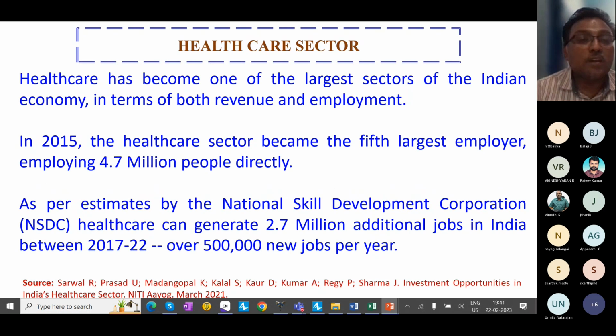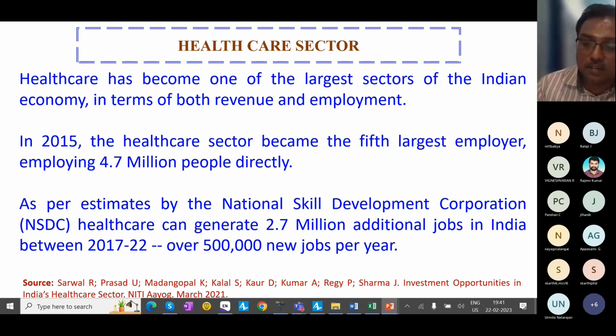The question comes, why is healthcare identified as a thrust area under PM Gati Shakti or ATAL codes. You can refer to the source I have cited here, which is based on NITI Aayog, published the year before last. It says that healthcare is one of the largest sectors in India for employment as well as for generating revenue. And according to this NITI Aayog projection, between 2017 and 2022, this sector should have generated 5 lakh new jobs in addition to the already existing